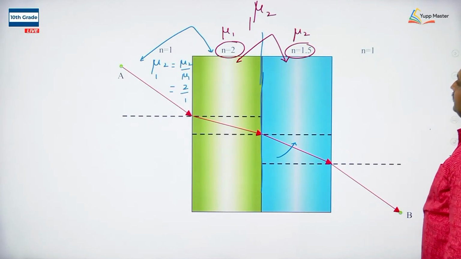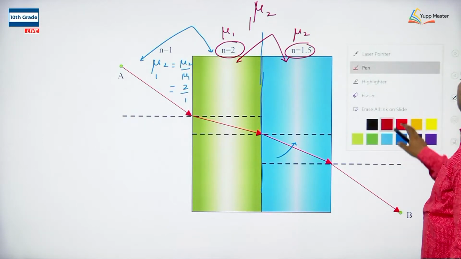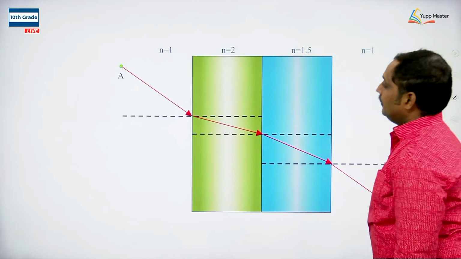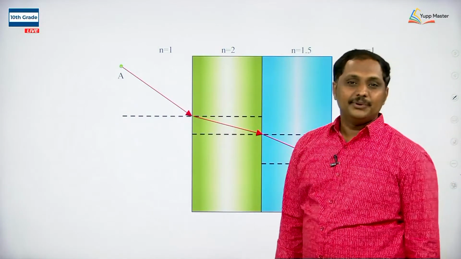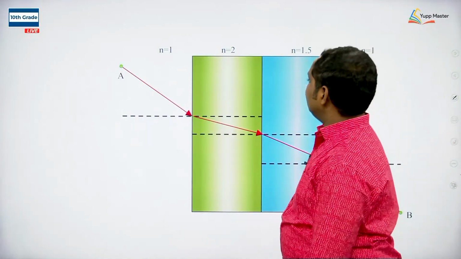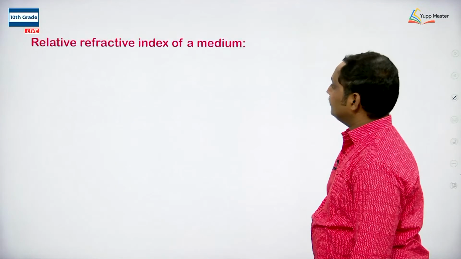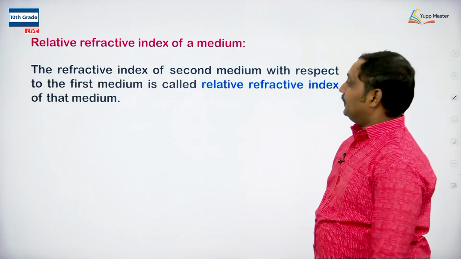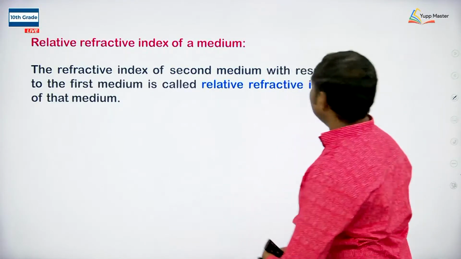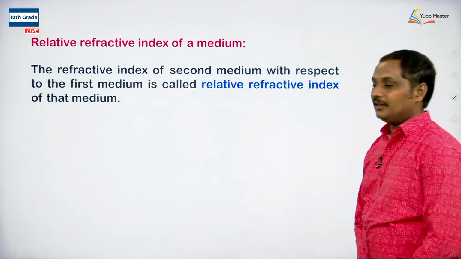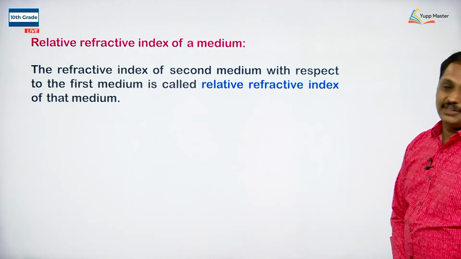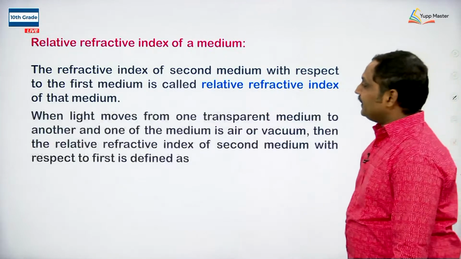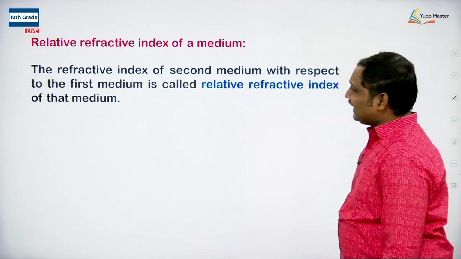So, easily you will find out that the refractive index of the second medium with respect to the first medium is called the relative refractive index of that medium. So, it is identified